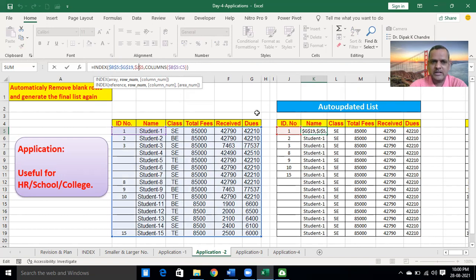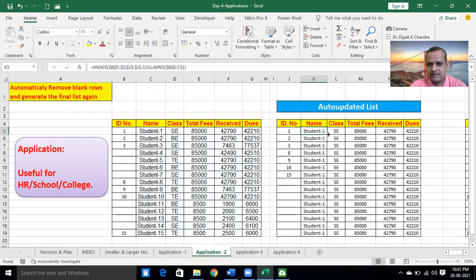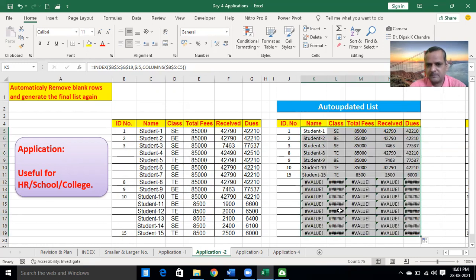In that case, you need to remove the first dollar because the row changes continuously. You need to change the row continuously, so you need to remove the second dollar, and then drag this formula till the end.